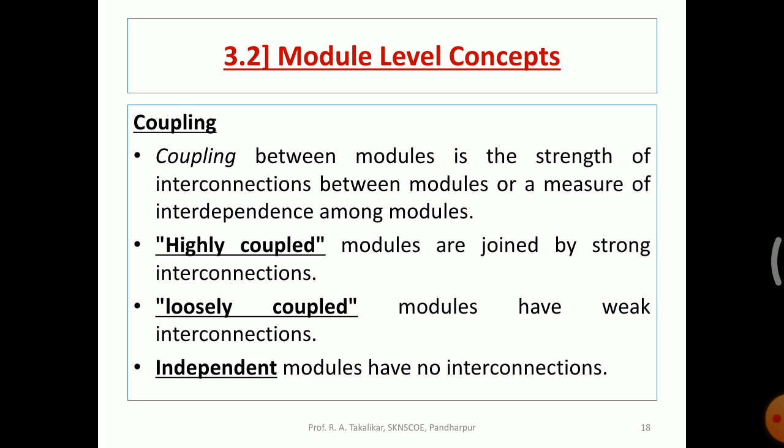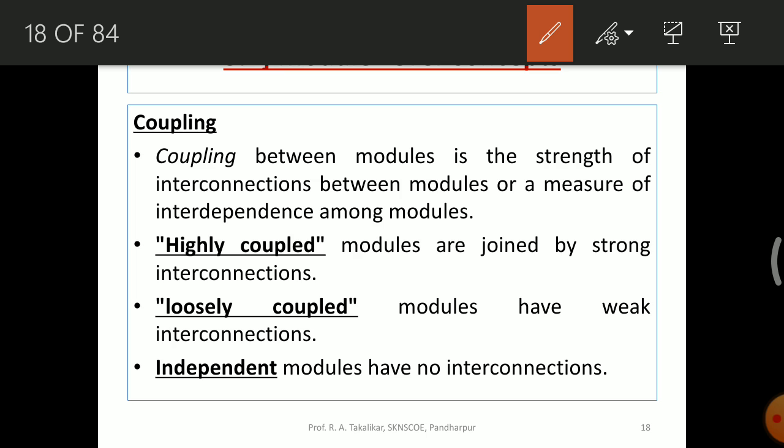Coupling and cohesion. Coupling, what does it stand for? The coupling is nothing but how the 2 different modules are interconnected, how strongly the 2 different modules are interconnected. That means the coupling tells the relation between 2 different modules. Depending on the relation, you can have highly coupled, loosely coupled or independent, these different types of couplings.